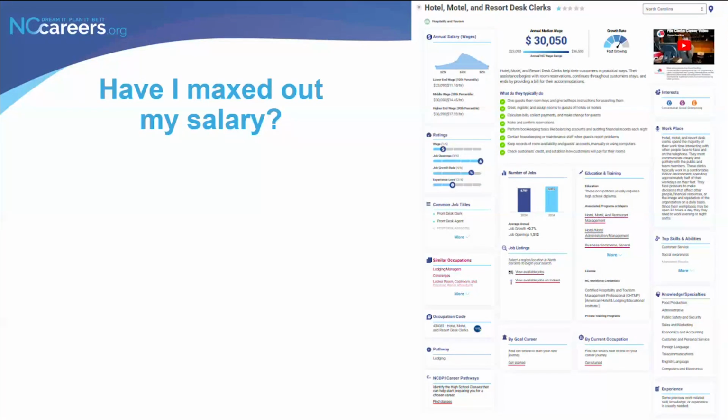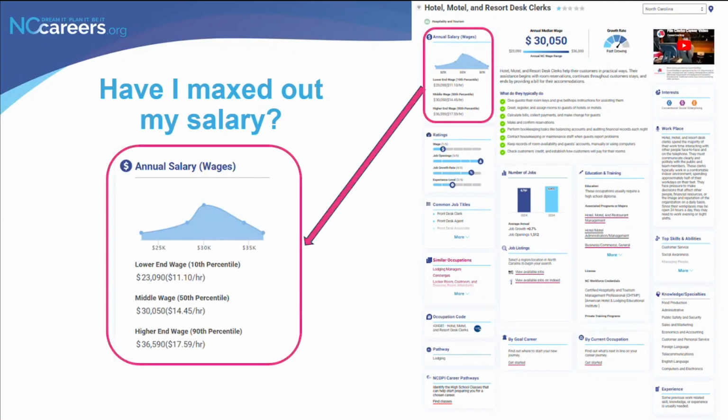So first, he may want to think about, has he maxed out in salary? So he can go to the occupation profile page that aligns with hotel front desk manager and review the wages block. So this section shows the wage range from the lower end all the way to the higher end wage and not just the median wage, because salary is based on a lot of different factors.